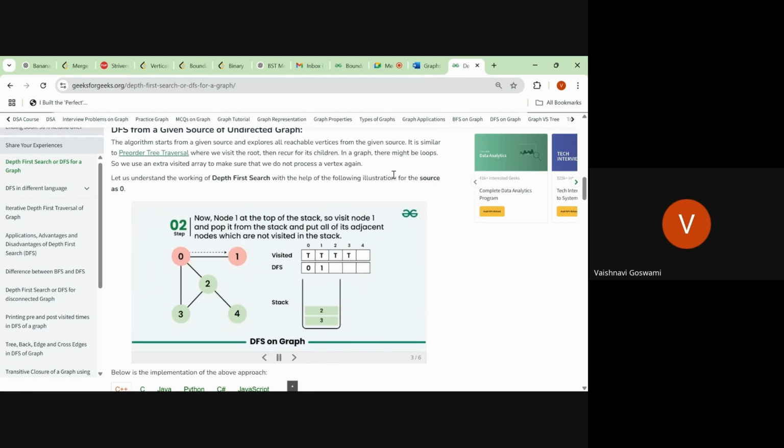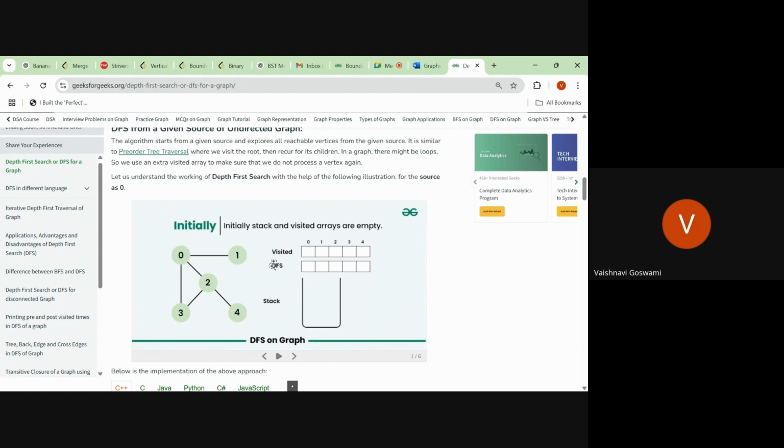Let's see how this depth first search is done here. Here the stack is empty. This stack means the recursion stack, because we will do DFS using recursion. In recursion, a stack is automatically made as it proceeds, so it is talking about that stack. Externally also you can make a stack and do it while iterating. Anything which can be done with recursion can be done with a stack and loops also.